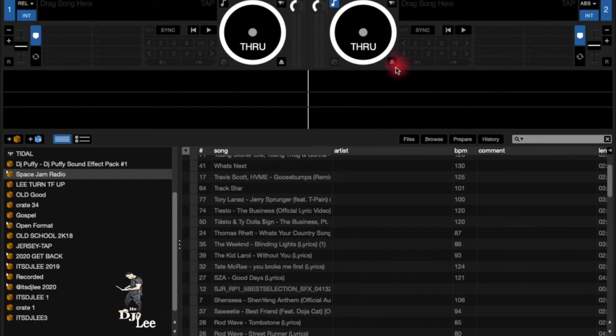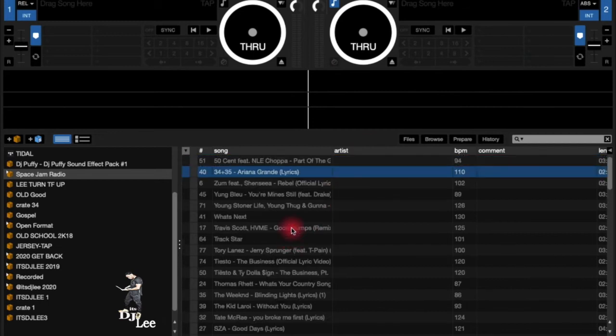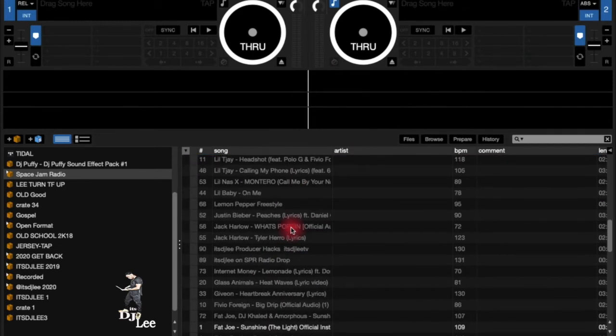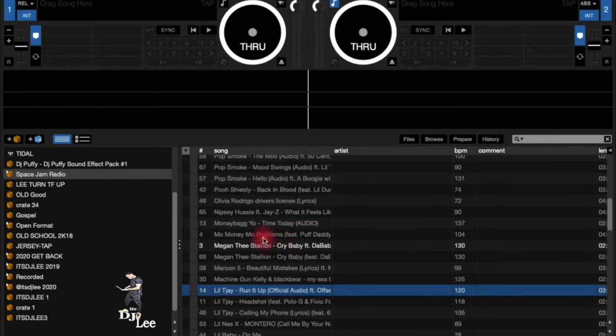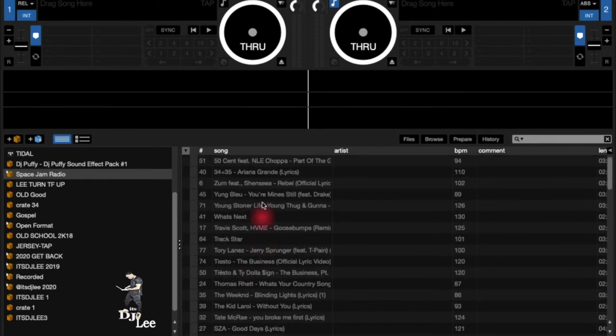Next, you have deck 1, like I said, deck 2. Next to that number, you have on this side, you have the BPM and how long that track is. Next to that would be your title. You have the key of that track. You have repeat. When the song ends, when you play the song again, the song will automatically repeat.